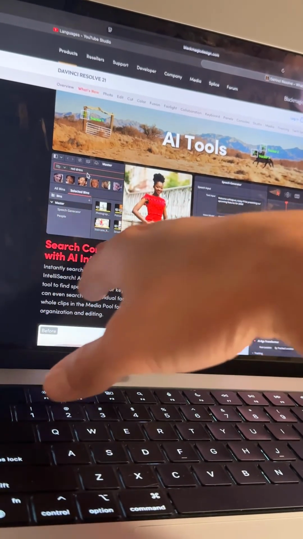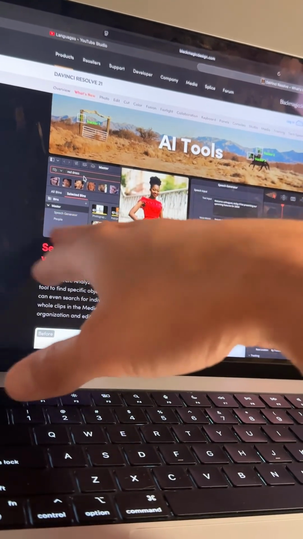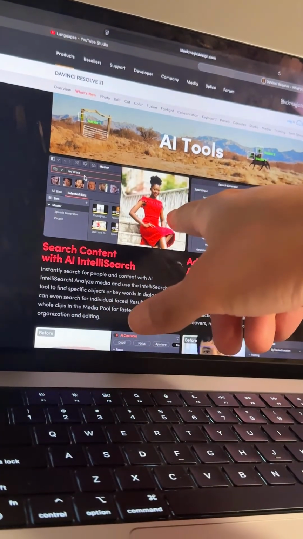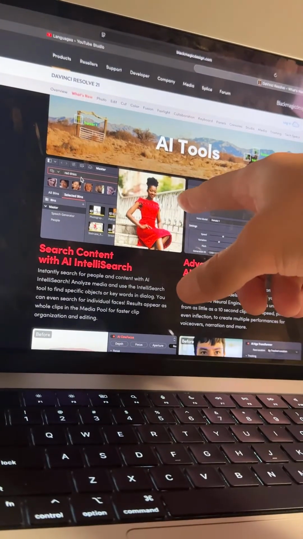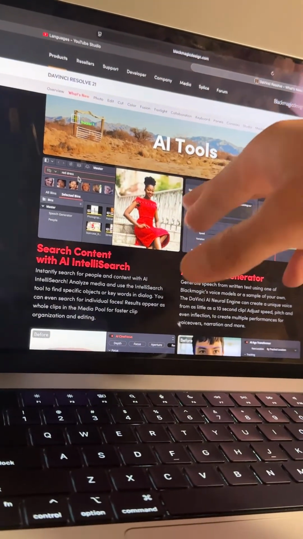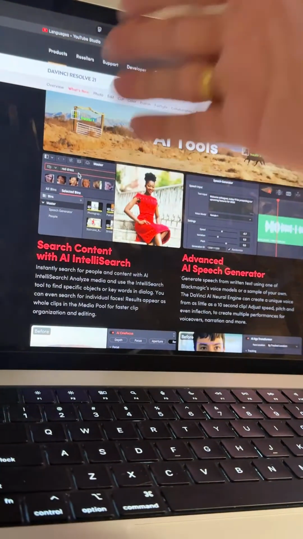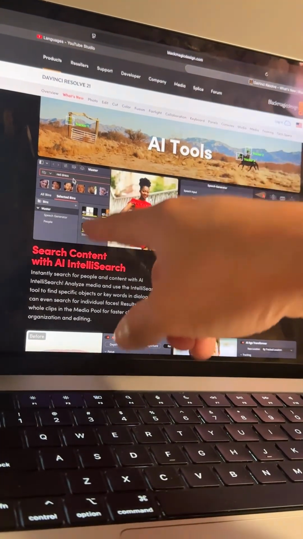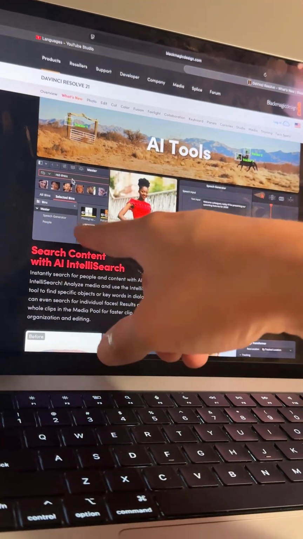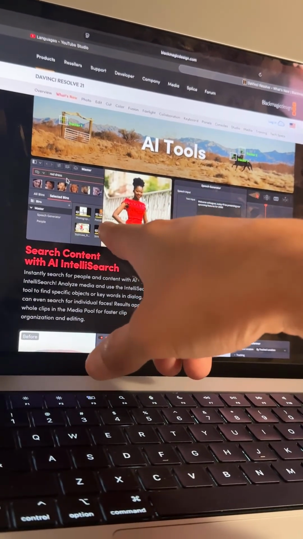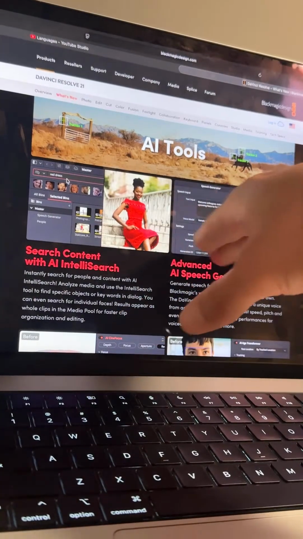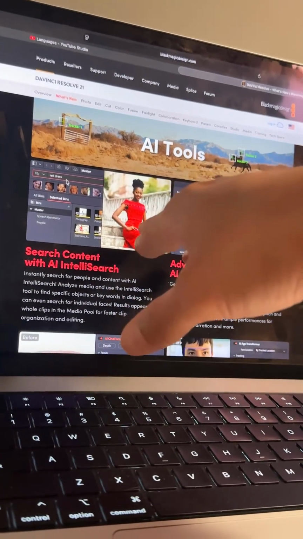So any footage, any media you have in your bin, it is going to bring out all the clips where anyone is wearing a red dress. Let's say you have multiple people, it's going to bring all those clips here in your search bar and show you all the people with red dress.